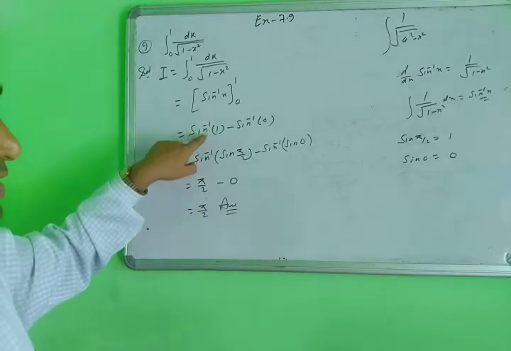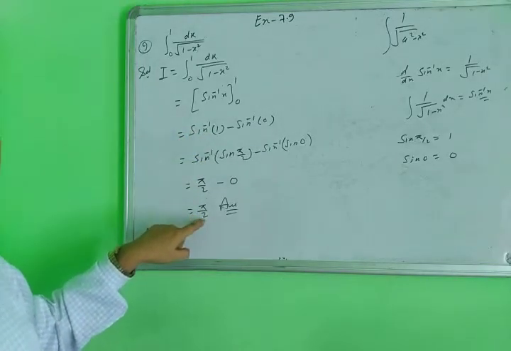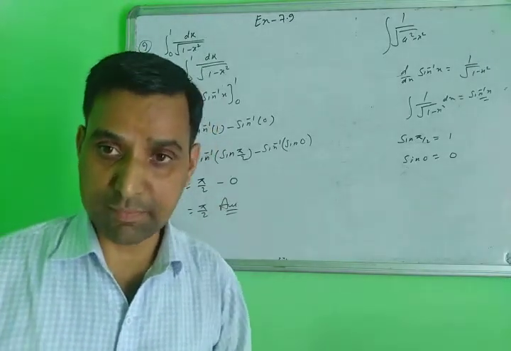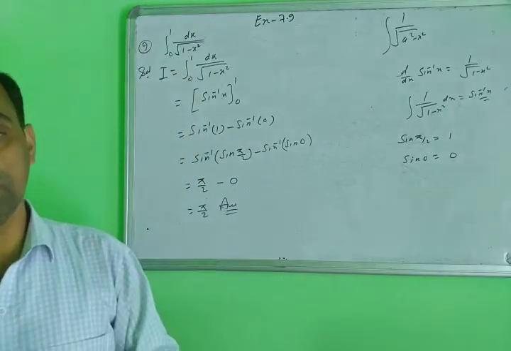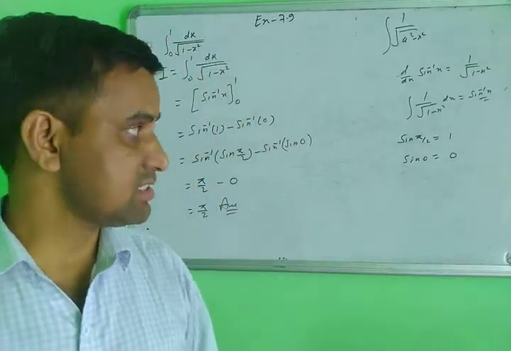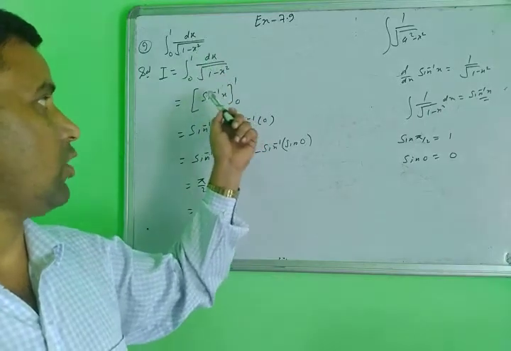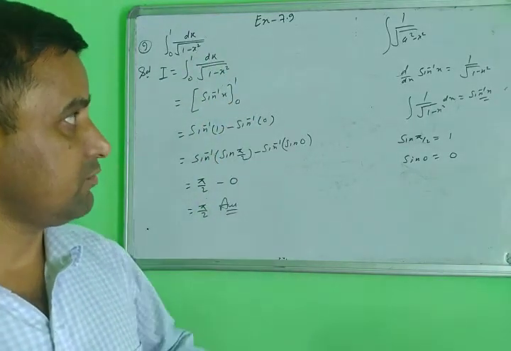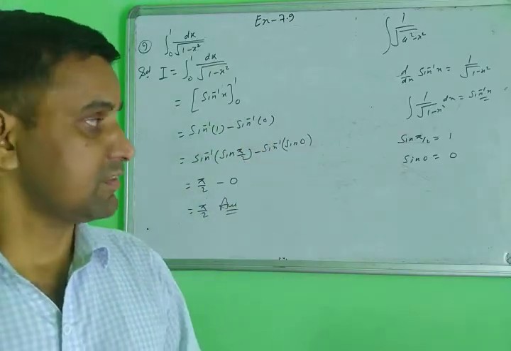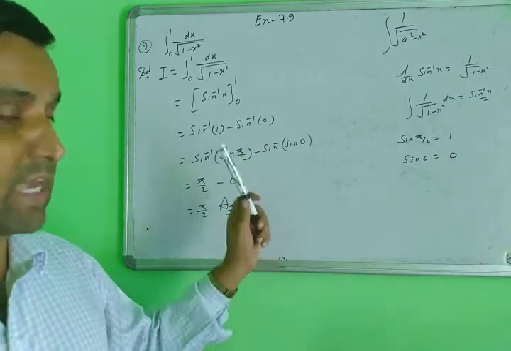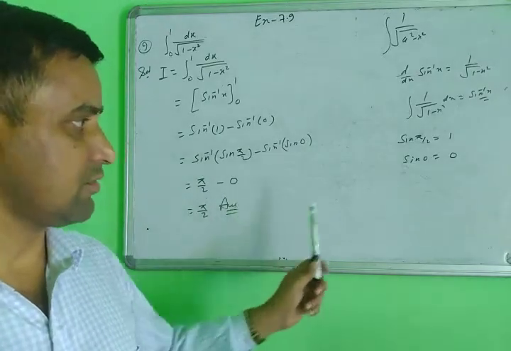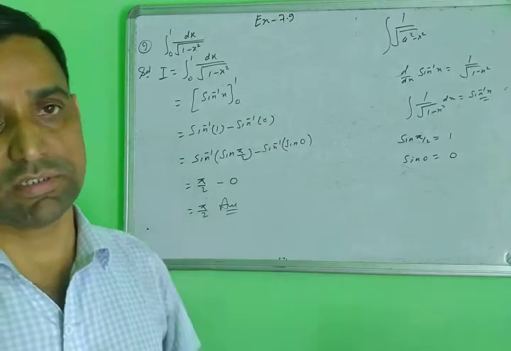Suppose you have a sin inverse portion, solve it completely and then get the complete answer. First of all, learn every identity of the indefinite integrals. Then definite integral is very easy for you. Otherwise it will be very difficult to solve this question and to use the limits here. The limit is easy, but when you calculate with the limits, be very careful and focus on the calculations. Do the rough work first, then write the answer here. Don't write the answer directly. Just note it down.